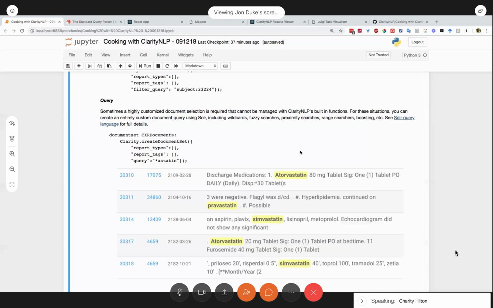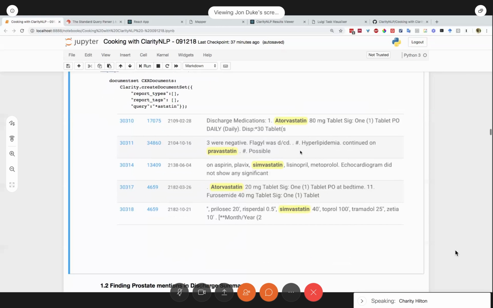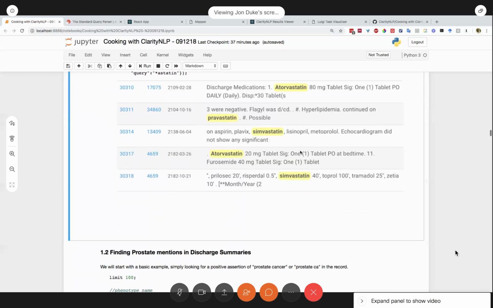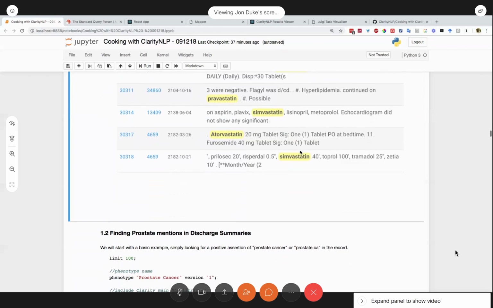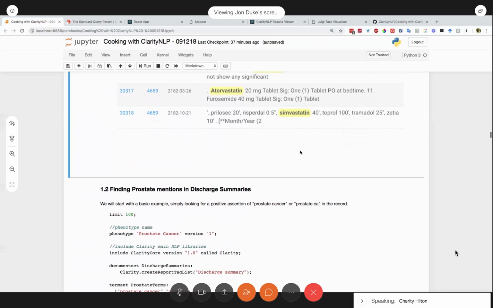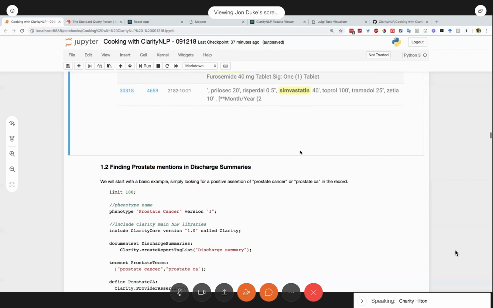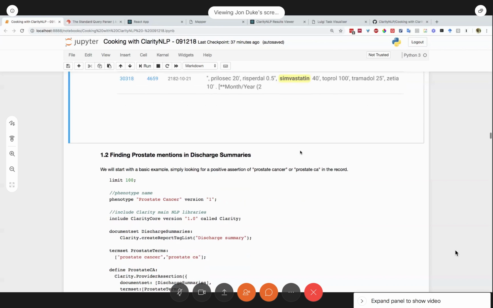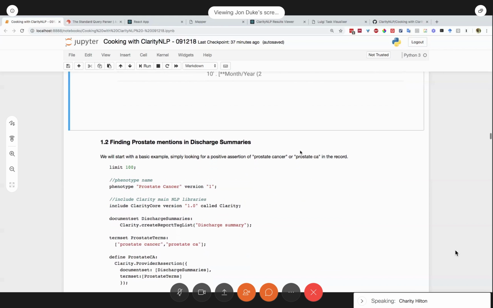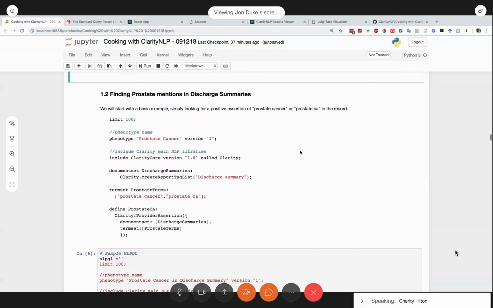All right. Okay, so conceptually, I think pretty straightforward. So we just have an example here where we basically said we want to do what we did before, which was just look for prostate cancer. But you may recall that before everything was in radiology reports that we happened to pick up. So if I, for example, wanted to say I want to look at discharge summaries, then I would just specify document set discharge summaries. I'd make my report list based on the tag discharge summary, which is from the mapper,